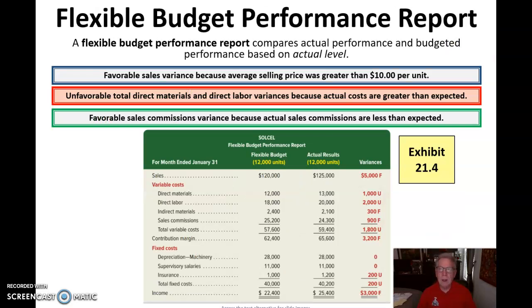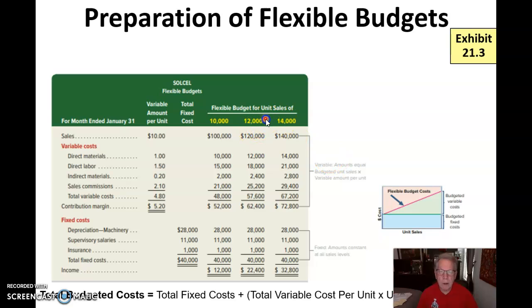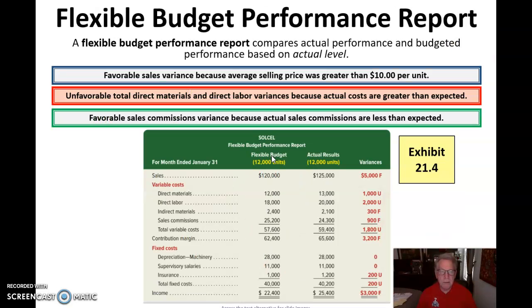Okay, let's take a look at a performance report now. In this case, we made 12,000 units. So let's go back. Here's our 12,000 units. And we're going to pick off this level of activity here as our budget. And that's what you see here. This level of activity is our budget. The actual results came in sales a little better than that, but now we have maybe better